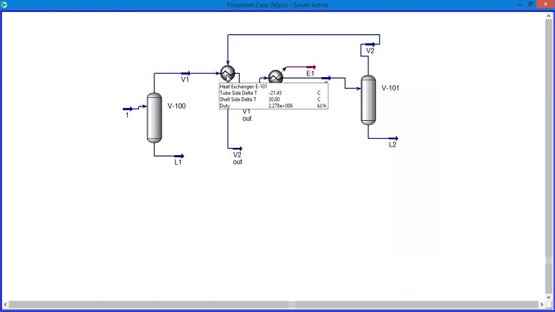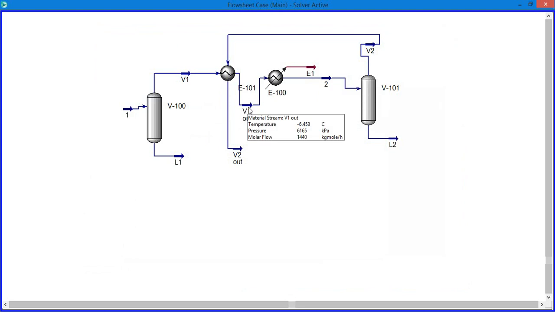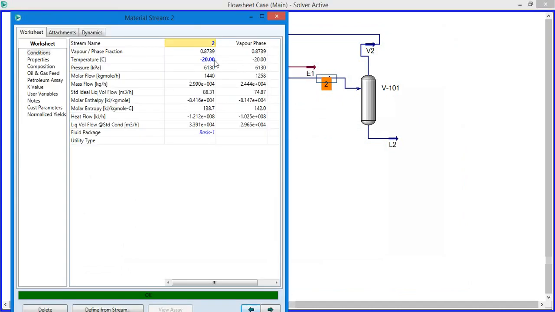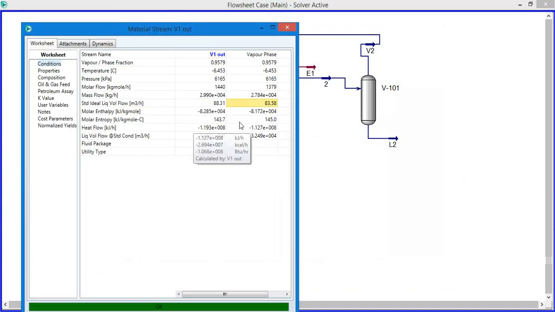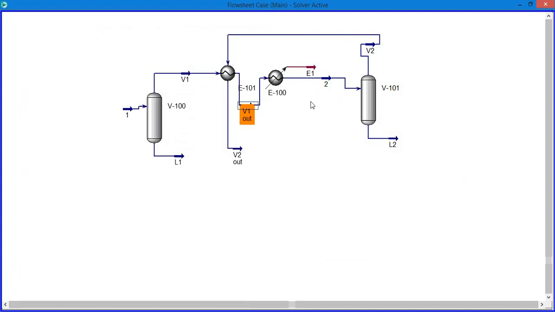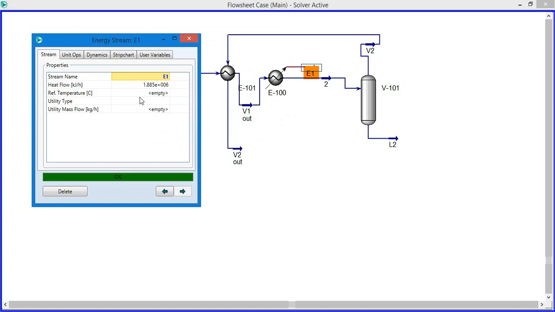So with this simple design, by using a heat exchanger we have modified our system, and now you can see that the duty, we want to give the stream the temperature of minus 20 degrees centigrade, and the V1 out stream has a temperature of minus 6.453 degrees centigrade,